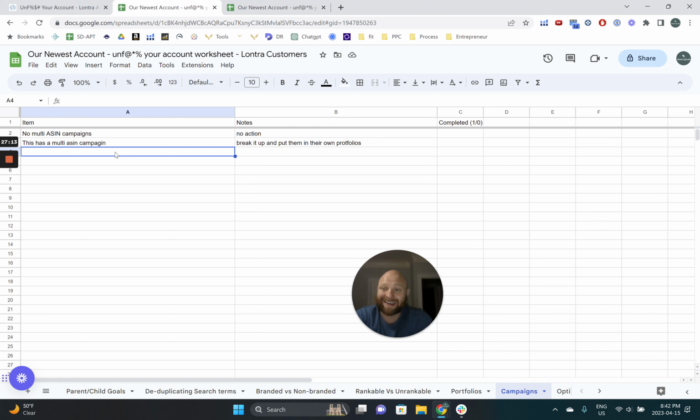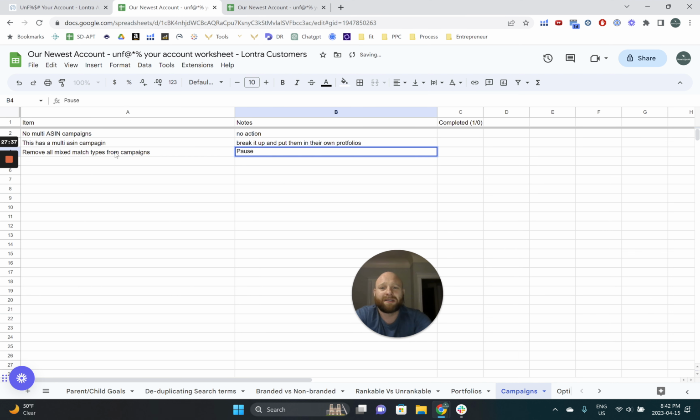So the major thing that I actually did on this account that led to such great results was I just stopped bidding against ourselves. So I didn't even need to do search term deduplication, because the easiest thing to do was just get rid of all the mixed match types. So remove all mixed match types from campaigns, pause lowest performing match type,